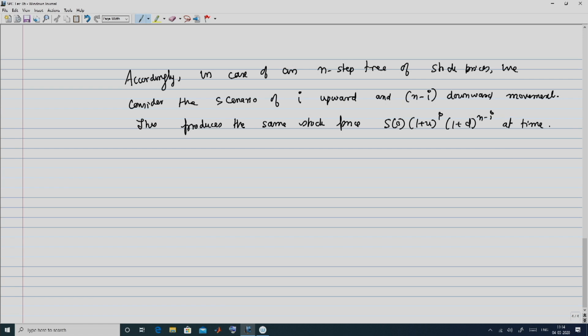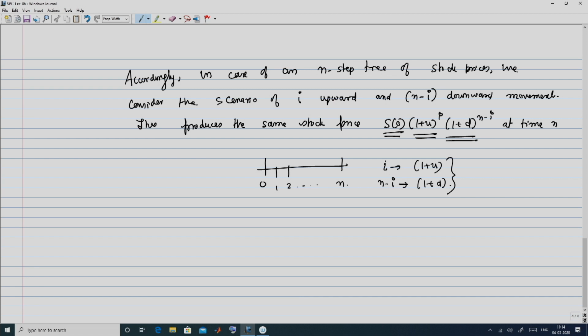at time n. So, this means that say you have this time interval 0, 1, 2 all the way to time point n, and I say that as we move from 0 to n, while reaching there you will basically have I number of cases of 1 plus u's, and you will have consequently n minus I number of cases of 1 plus d movements. And so, consequently the stock price is then going to be S 0 into 1 plus u raised to I into 1 plus d raised to n minus I, where your I can be 0, 1, 2 all the way